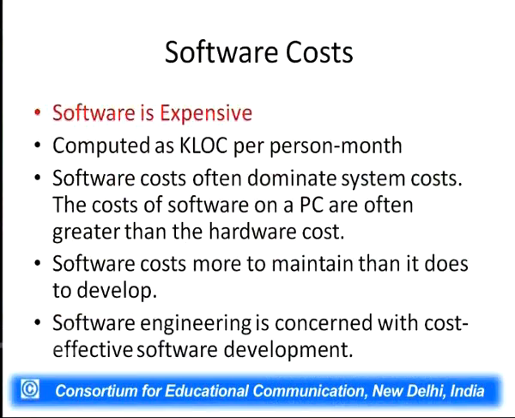Now, we understand that software is a very expensive affair, because in today's world there has been a drastic change in the cost of hardware vis-a-vis the cost of software required to create an automated system. Today, when we talk about an automated or computerized system, maybe 70 to 80% of the cost of the project can be attributed to software, and about 10 to 20% of the entire project cost is attributed to hardware.